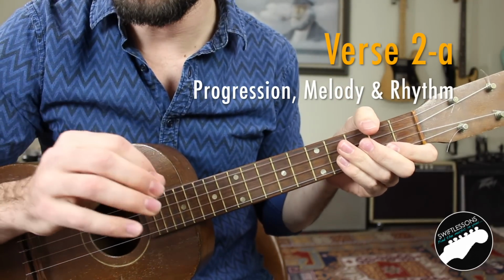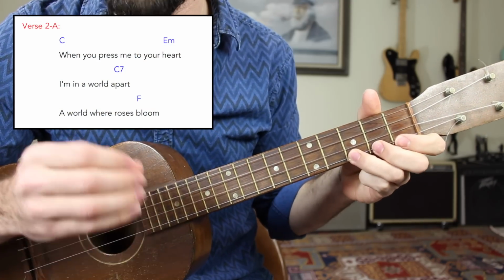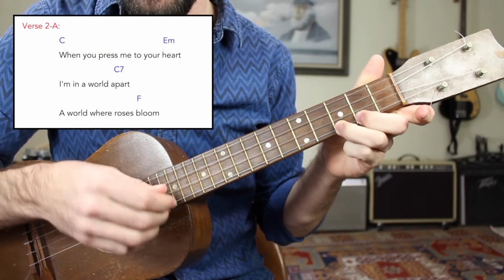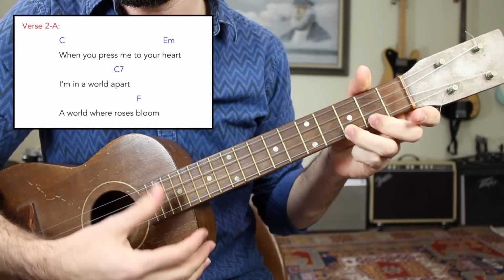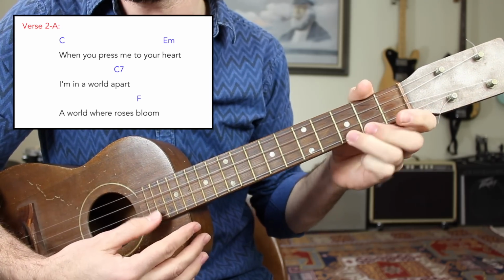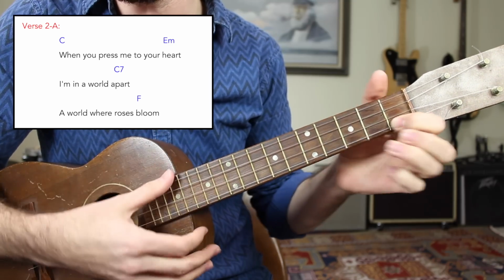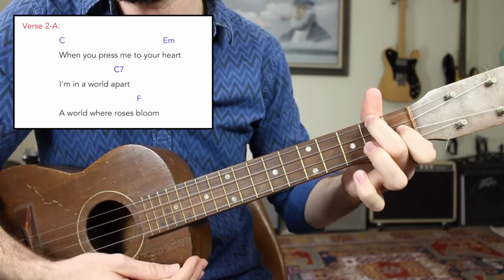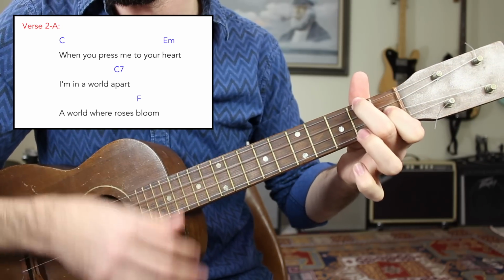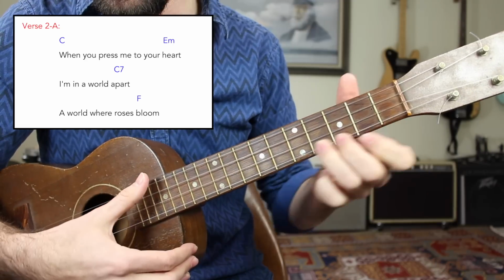Okay, so verse 2A is very, very similar to the first verse, but we're throwing in some different chord changes. It's going to sound like this, starting with the C major chord for 4 beats. When you press me to your heart, I'm in a world, a C7, a world where roses bloom. 2, 3, 4 on the F major chord. So, C major, E minor,